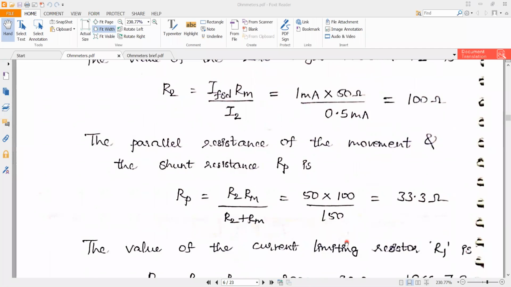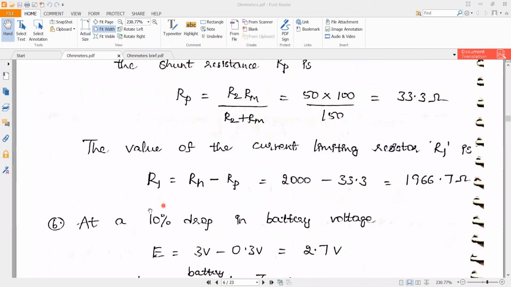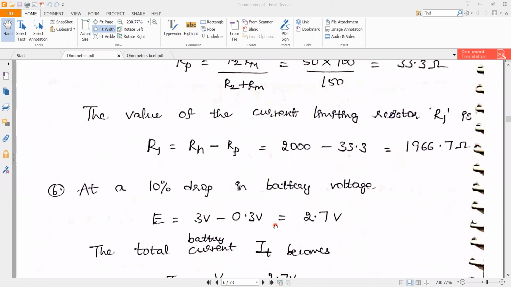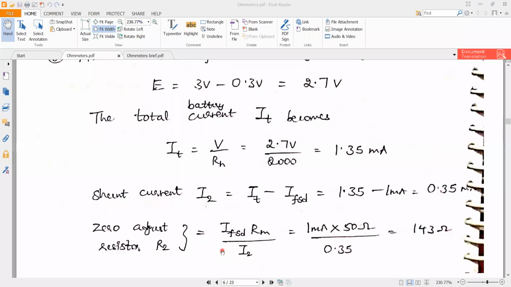Those values can be calculated by using those formulas. Same for R1, the voltage drop, and the total battery current. Like this, these parameters can be analyzed by using